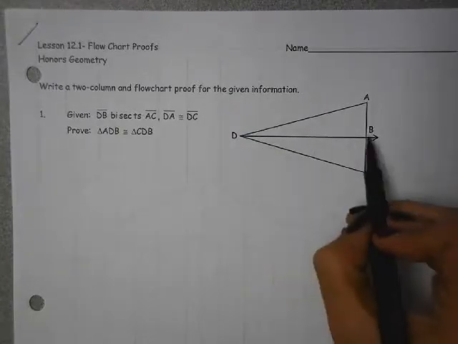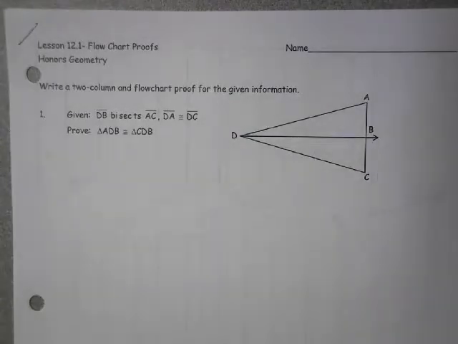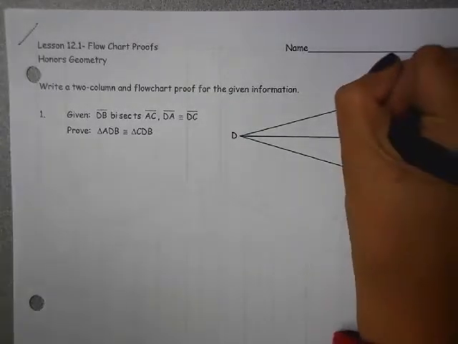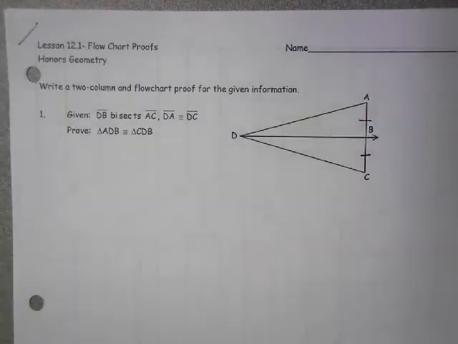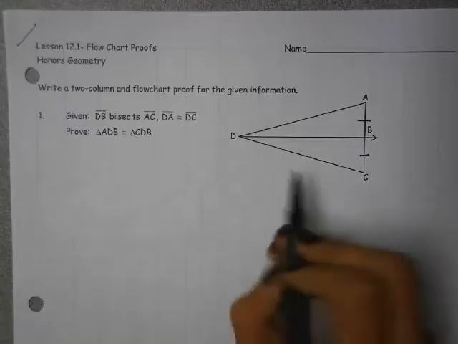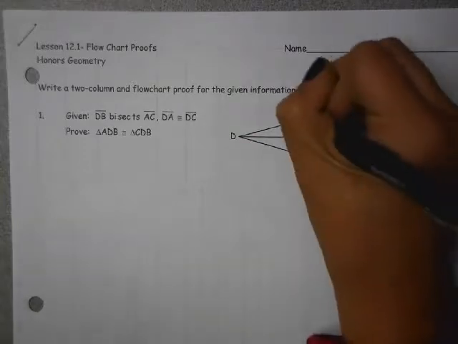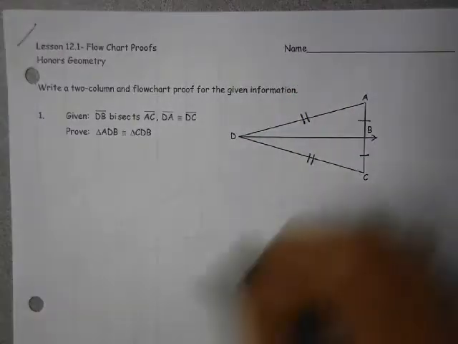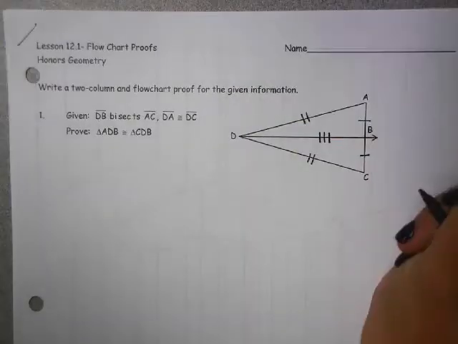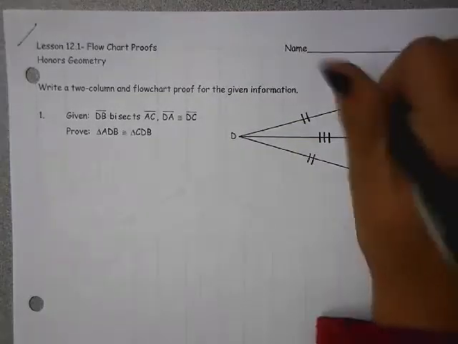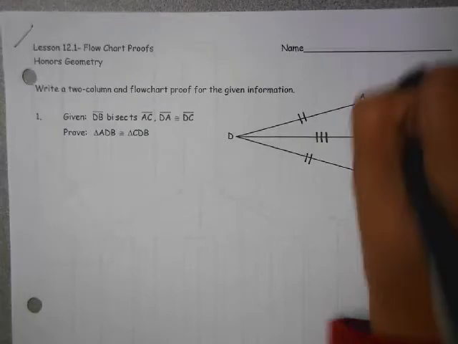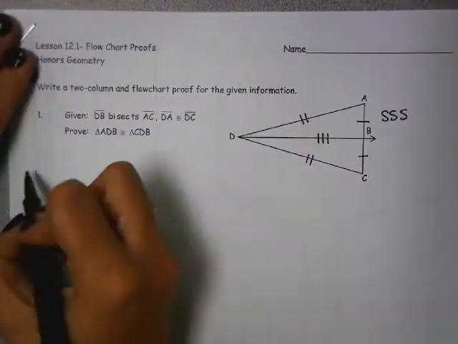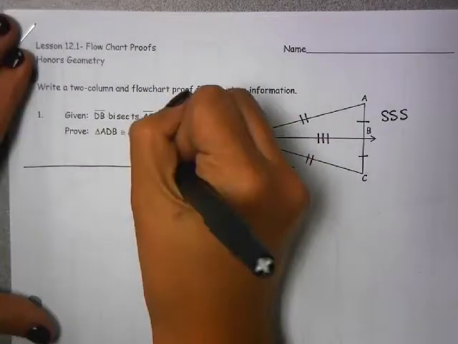So DB bisects AC. So we know that these are the same. And then we have DA is congruent to DC. So we can also mark this. And then by the reflexive property, we know that DB is congruent to DB. So this is going to be side, side, side. Okay? That's what we're going to use. So then,